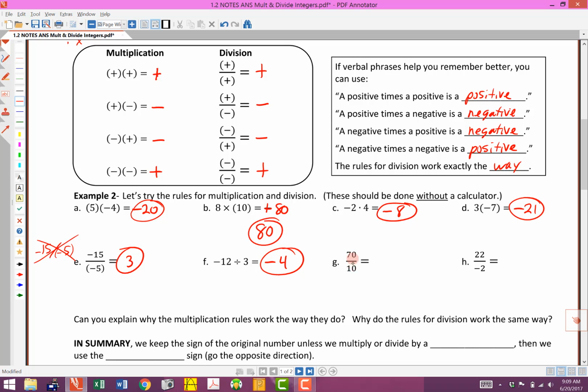And here we've got another division problem. We've got 70 divided by 10. Now I'm sure you're familiar with this, but the cool thing about this now is because we know how to deal with integers, positive and negative whole numbers including 0, this is understood to be a positive 70 divided by a positive 10, and a positive divided by a positive, just like we had up here. The answer is going to be positive, so I'm not going to write that. And then 70 divided by 10 is going to be 7, so I go ahead and circle